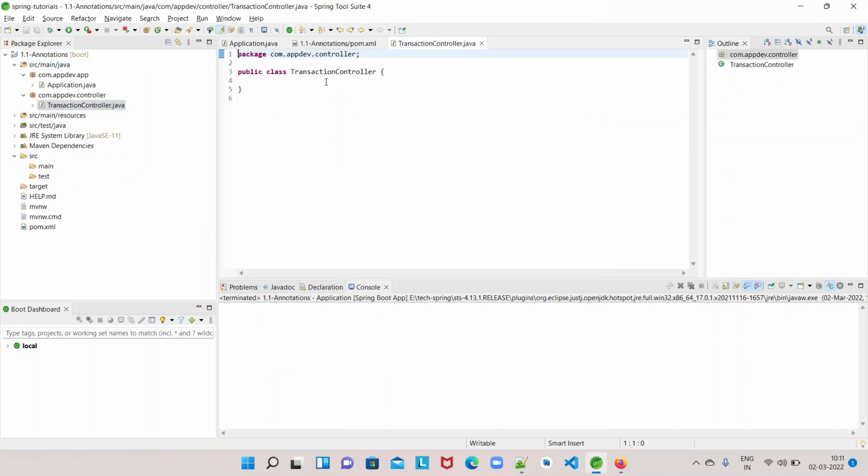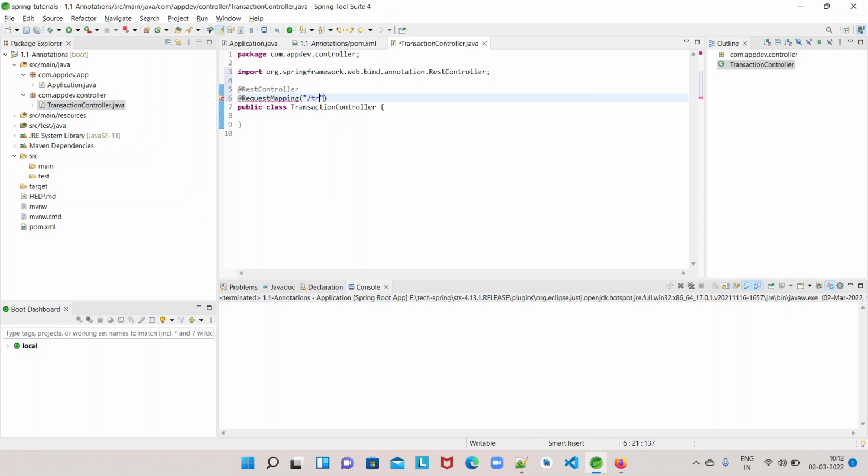If you want a controller to receive REST URL requests, we have to annotate that controller as @RestController. And if you want some URI path for that controller, then you have to use @RequestMapping.